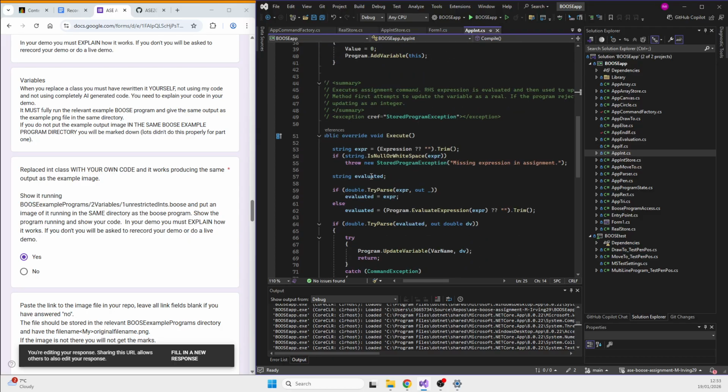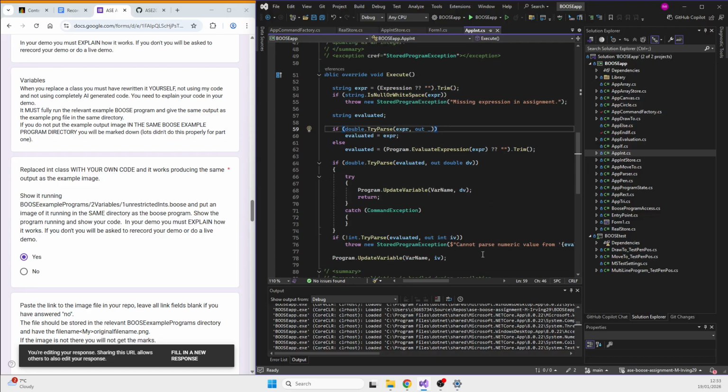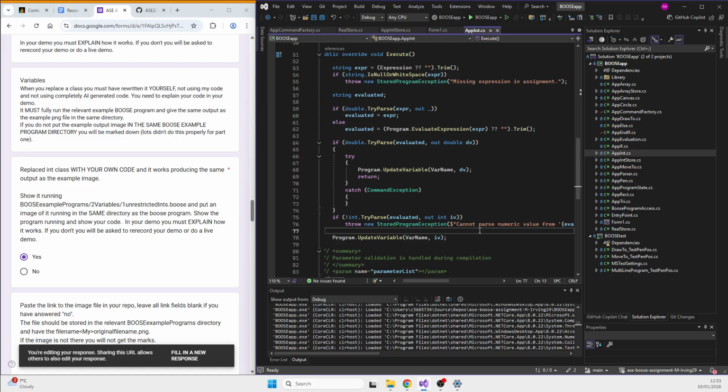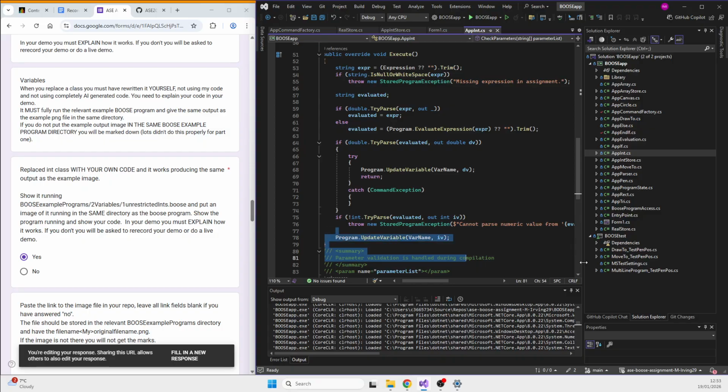But it'll first, as you can see, attempt to update it as a real, just to make sure it doesn't spit anything out immediately, but it will. Yeah, it only accepts integer values. So if it's not int, it cannot pass. Yep. And then it updates.